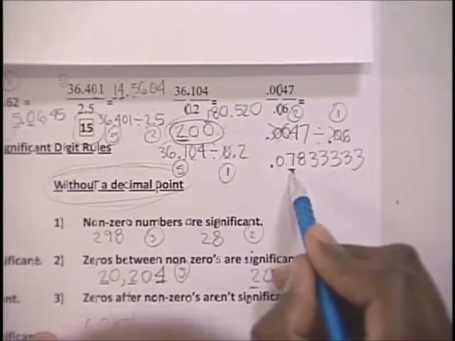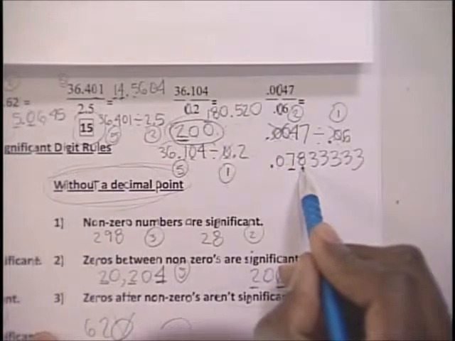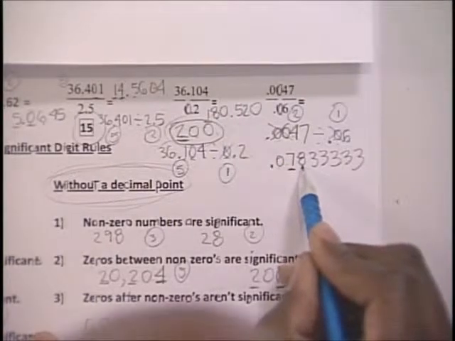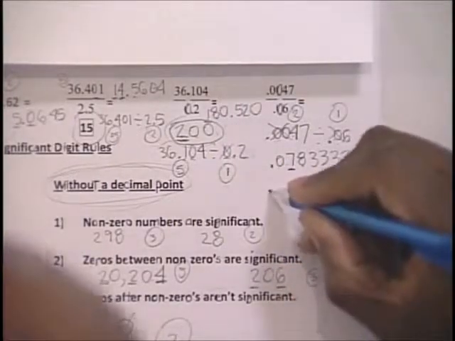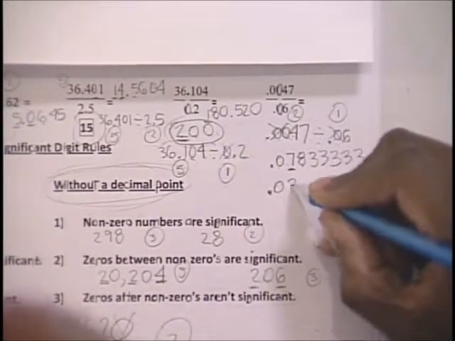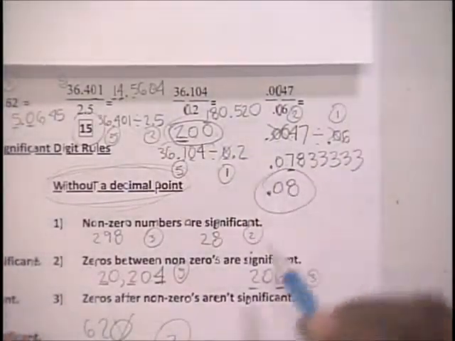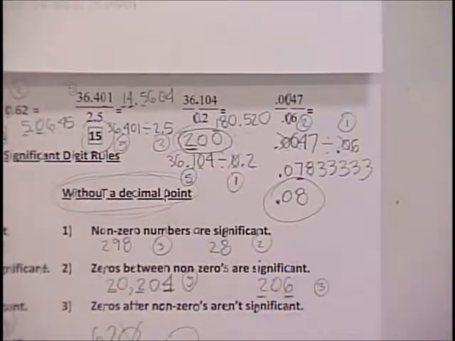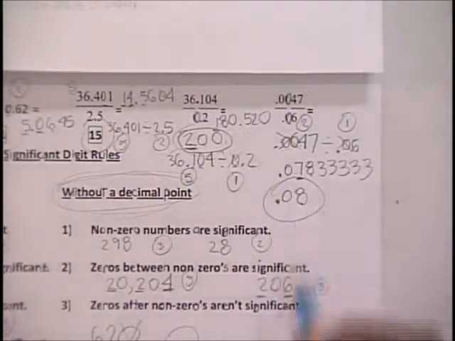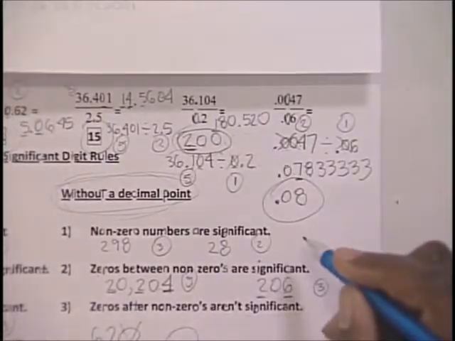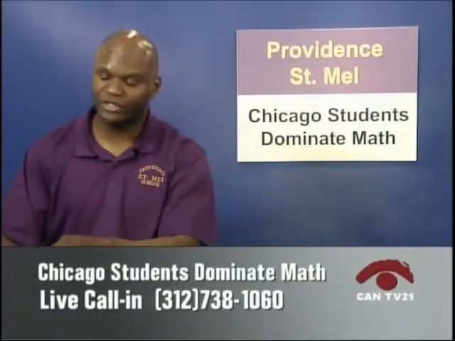So you need to know what to do with that. You have to look at the number after that, because this is 5 or more, you round this up 1. Your final answer is 0.08. 1 significant digit. This answer is rounded to 1 significant digit, being the 8. That's your final answer. All right. So that's what we would do